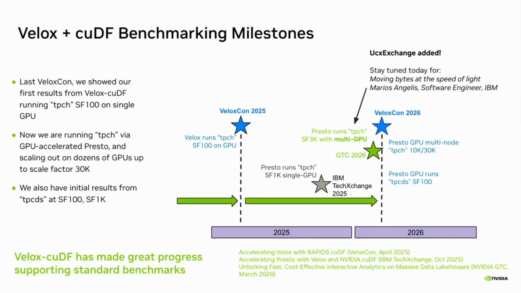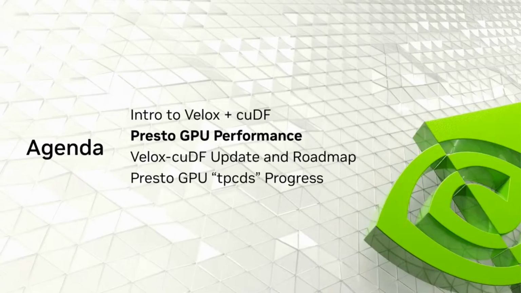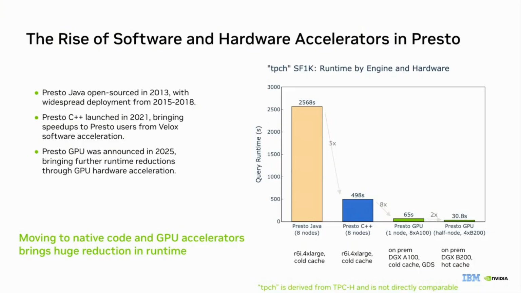That's really the focus moving forward from here. But we have made great progress in this quarter on TPCS that we'll get to a bit later. Okay, so on the performance side, one way to zoom out on the ecosystem is to look at how Presto